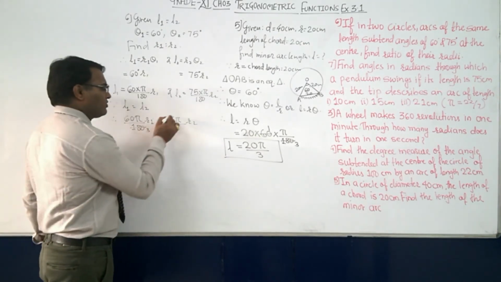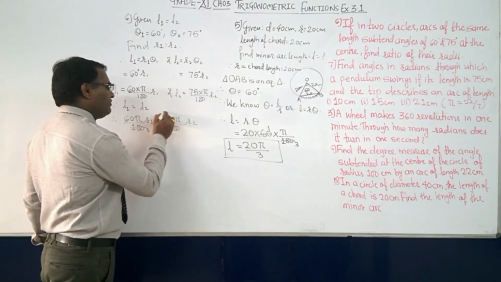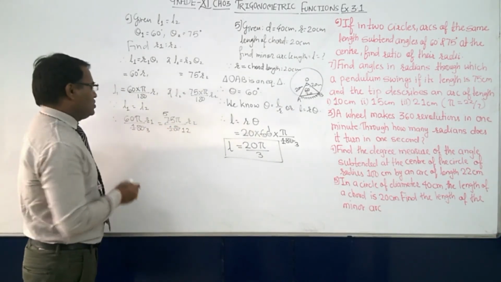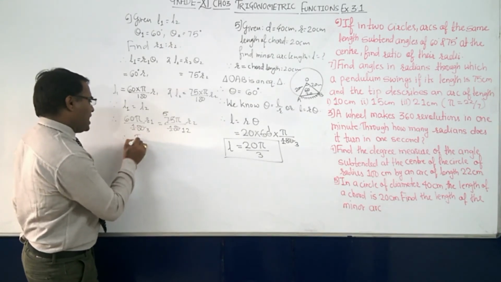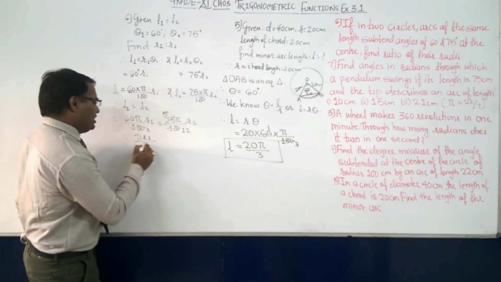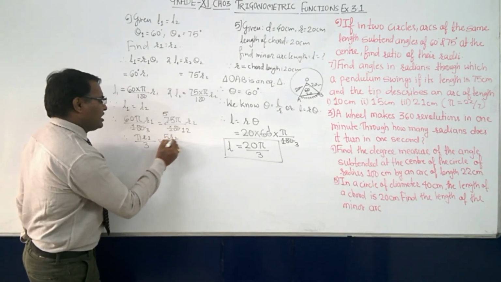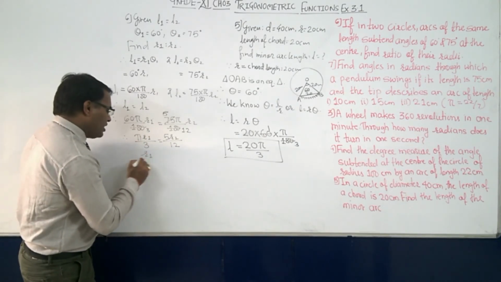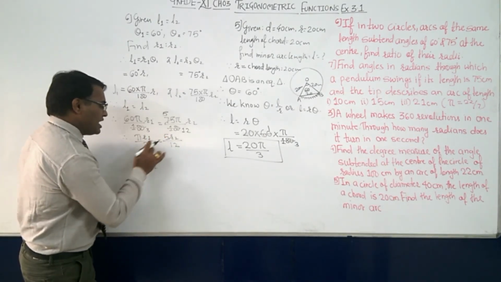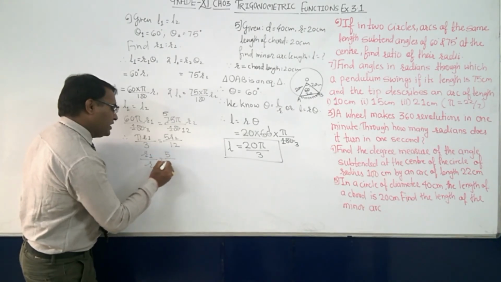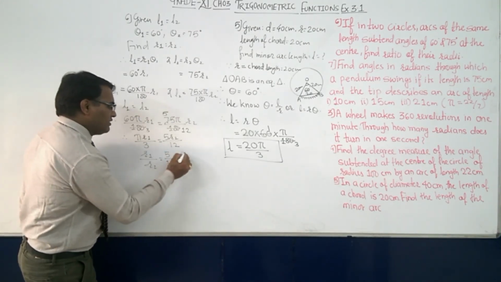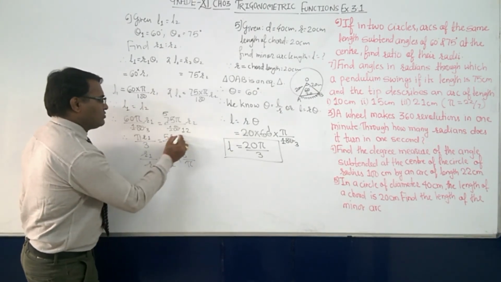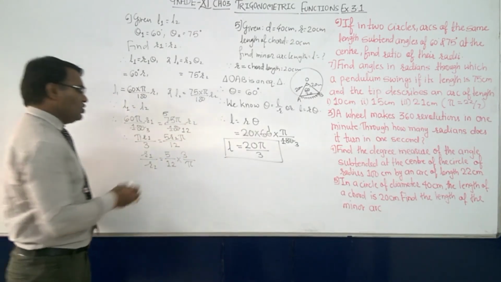Then here also if you want you can cut it down. 15 5s are 75 and 15 12s are 180. So here what you are getting is pi R1 upon 3 is equal to 5 R2 upon 12, and we want to find out R1 upon R2. So this R2 will come here, so this 5 upon 12 as it is, into this 3 will go up and this pi will come down, and here it is 5 pi R2.